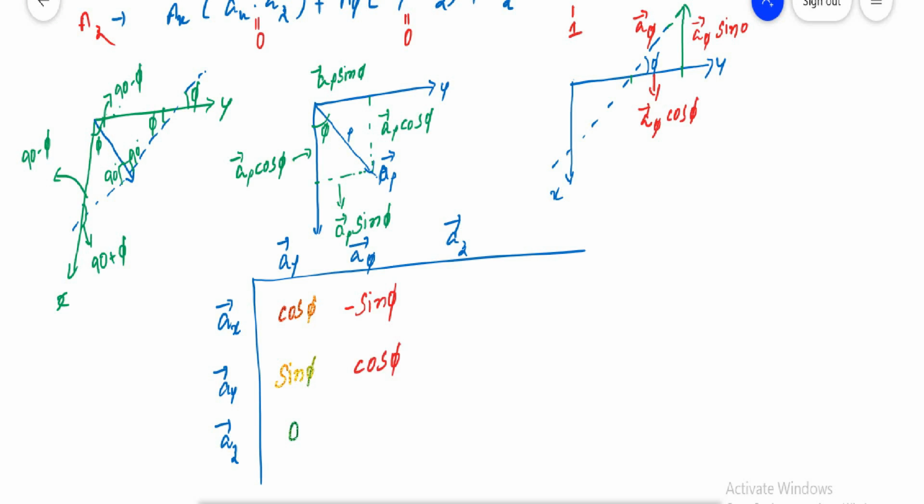Next, these two are perpendicular, so there will not be any projection. Next, AX and AZ, this is equal to 0 because they are perpendicular to each other. AY and AZ are perpendicular to each other. AZ and AZ, this is equal to 1. So this is a table which indicates the relation between the unit vectors of your rectangular coordinates and your cylindrical coordinates. Just remember this concept. Remember how the angles are made with the tangent and with the radius vector. Then it is possible to get this table. So in the next class we'll see the numericals related to this cylindrical coordinate system. Thank you.